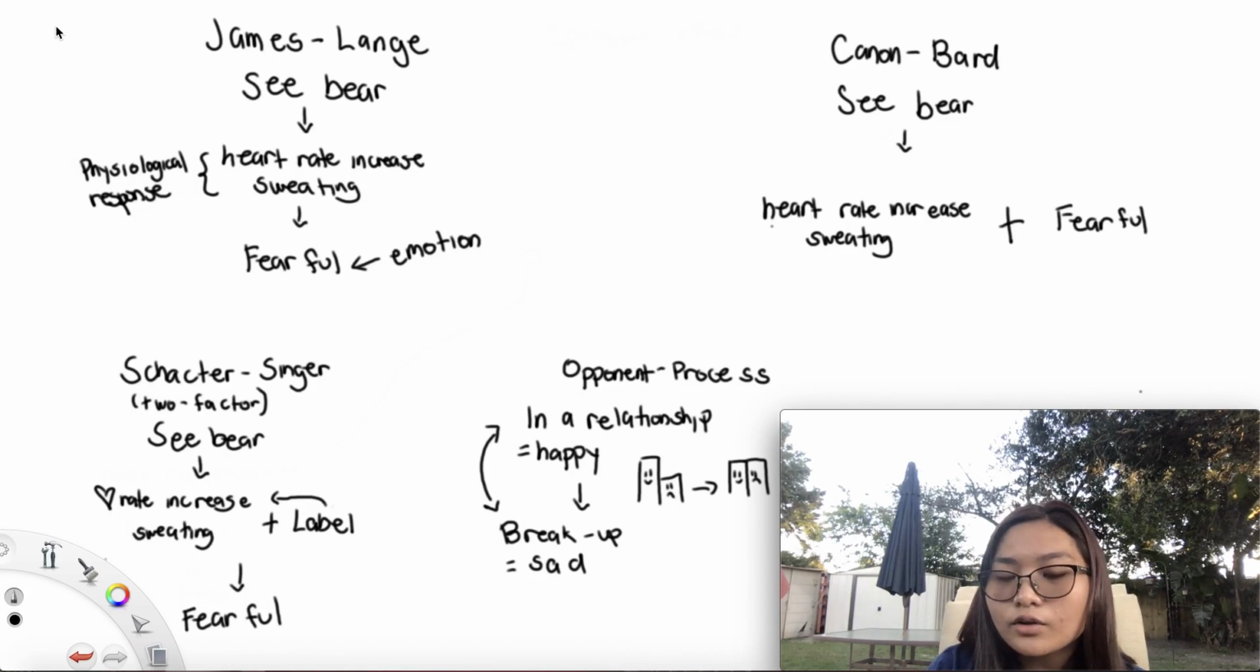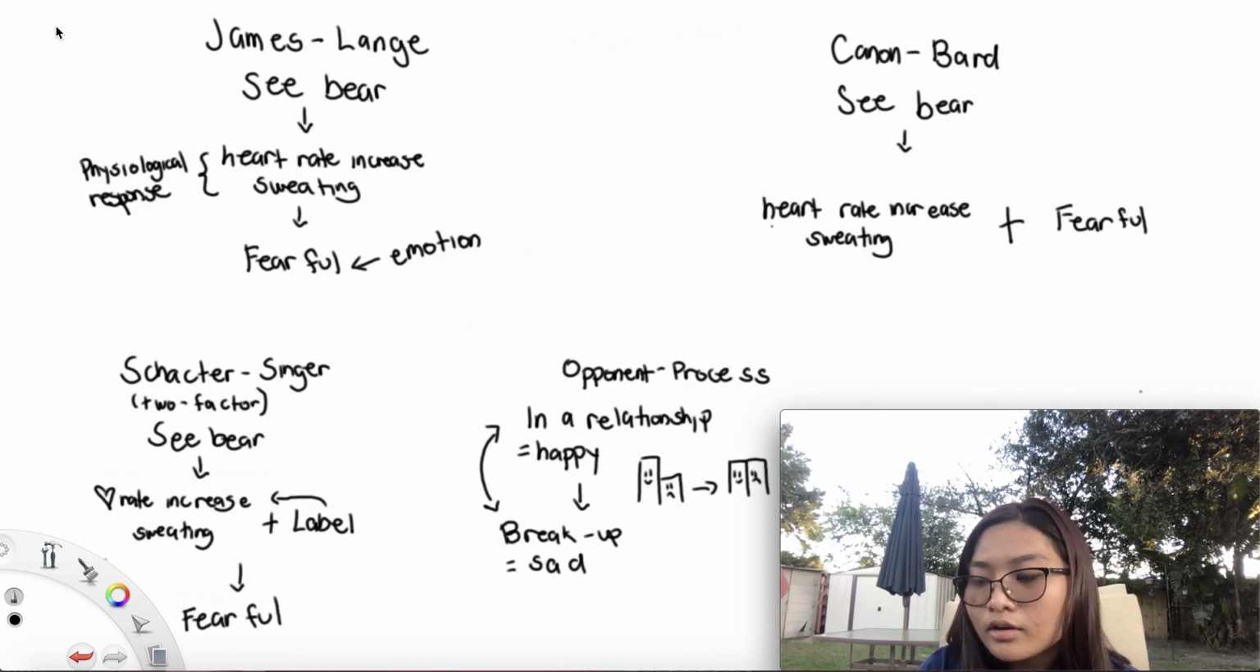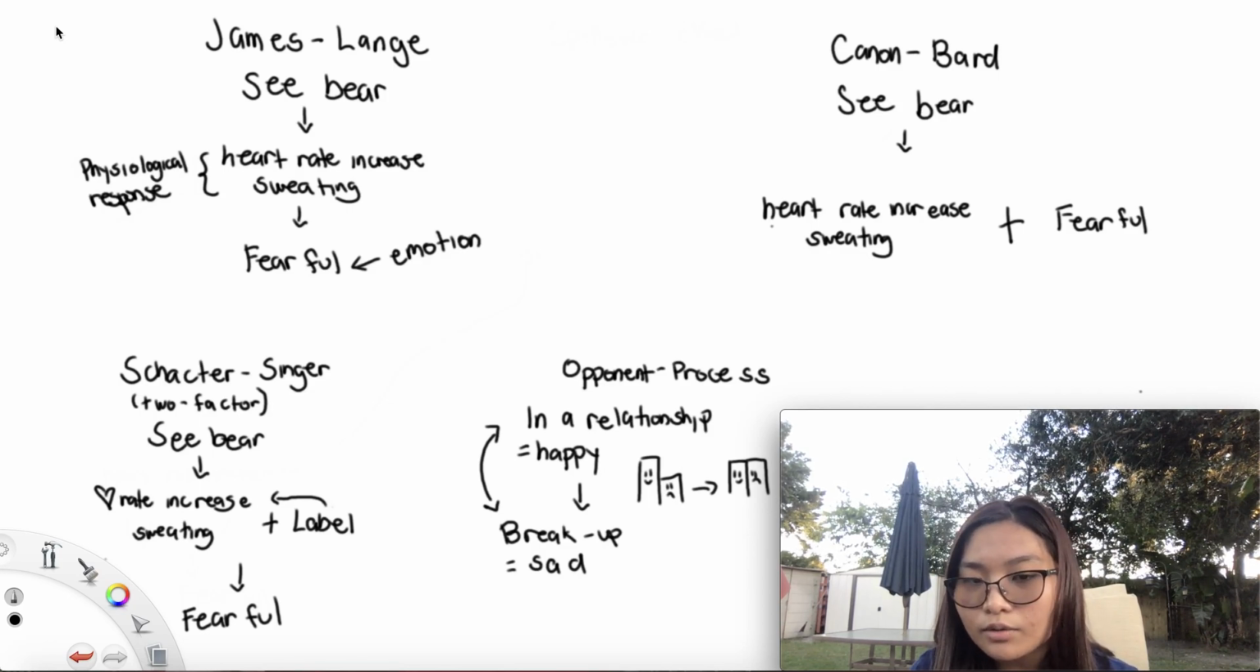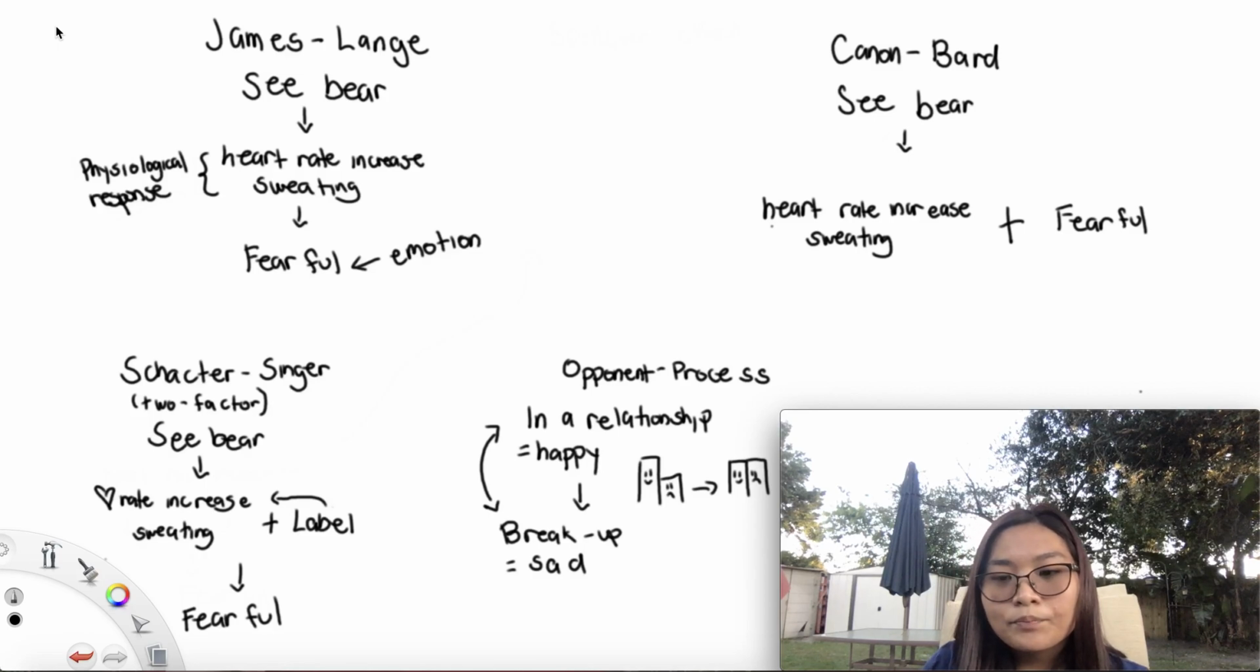So next we have the opponent process theory. So this is where your body tries to keep homeostasis. So when you experience an extreme emotion, your body would try to respond to it by producing the opposite of that emotion. So for this example is